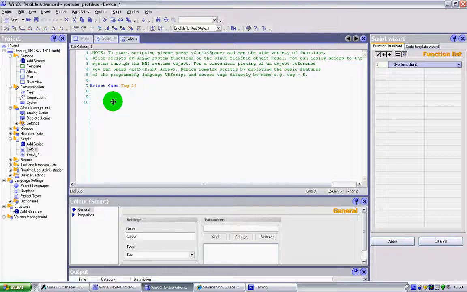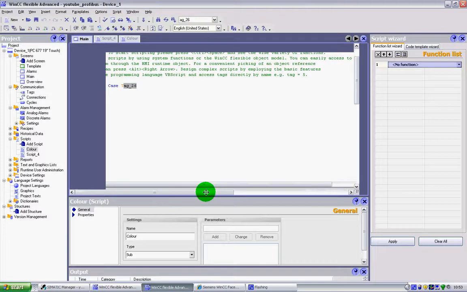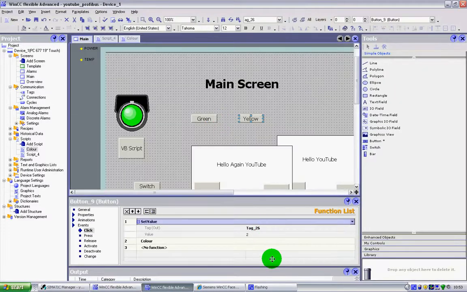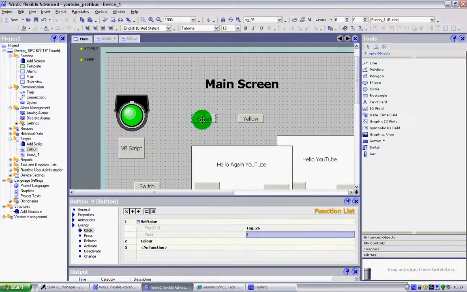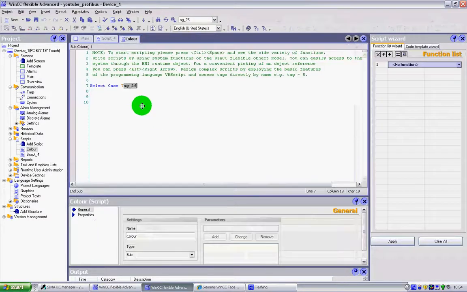Okay, so now we have a value that we're sending into the script, which is Tag_26. And remember, going back to those two, that is going to be a value of 2 or 1. Okay, so now we need to create our cases. So case 1 is going to be,